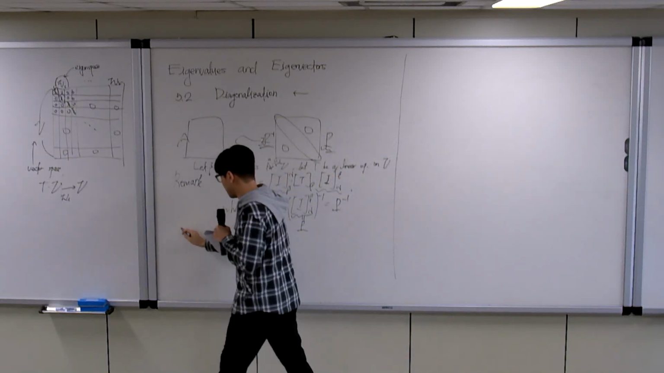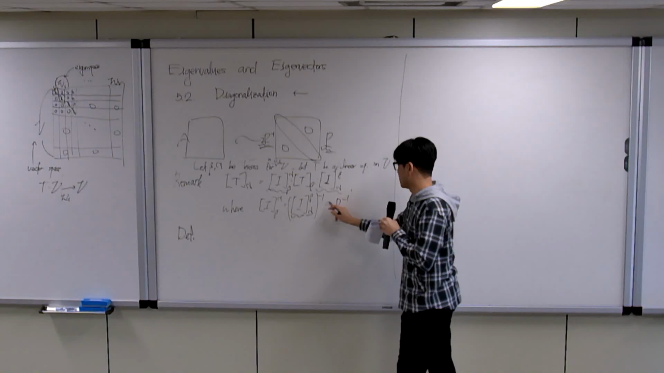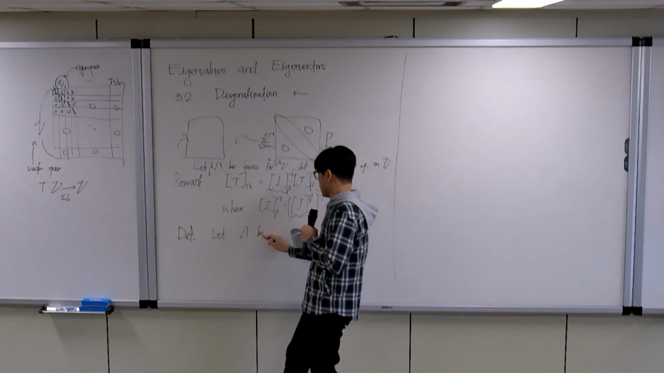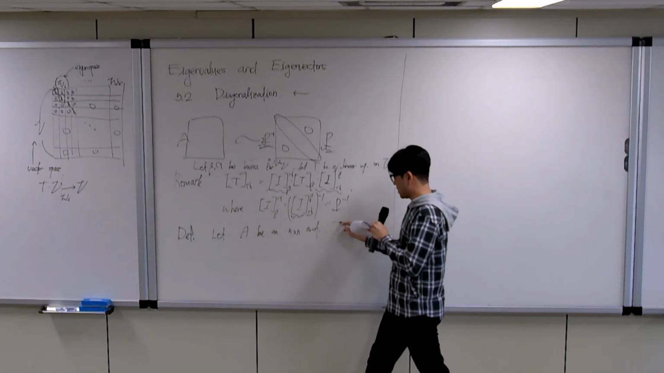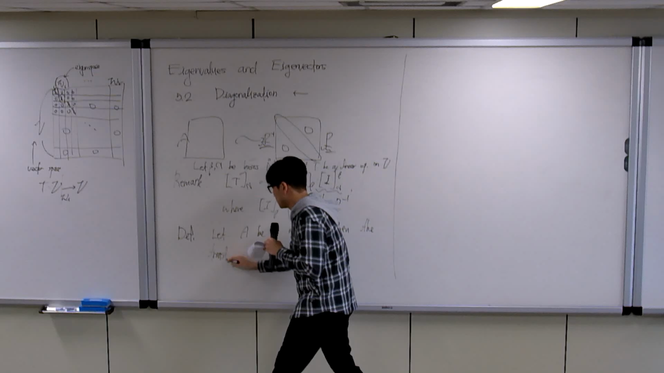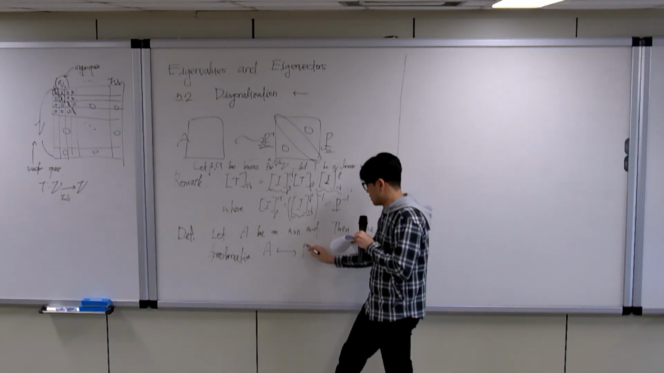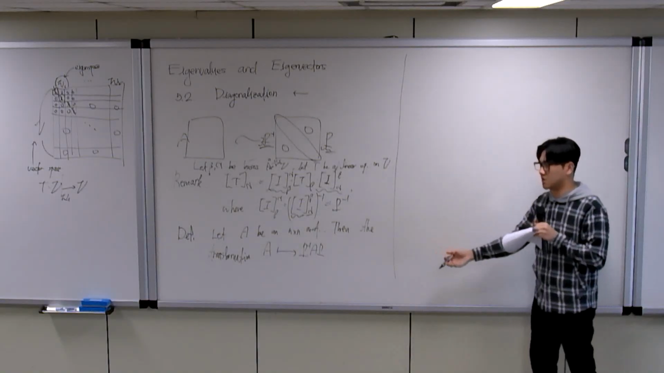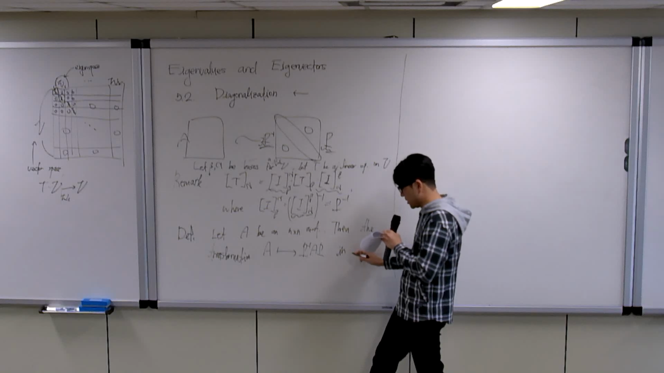So let me define one. Definition. Let A be an n times n matrix, and then we can consider one transformation that maps A to P inverse A P. Here P is an n by n square matrix, which is invertible. We can consider this transformation,